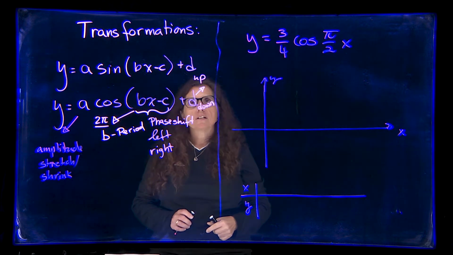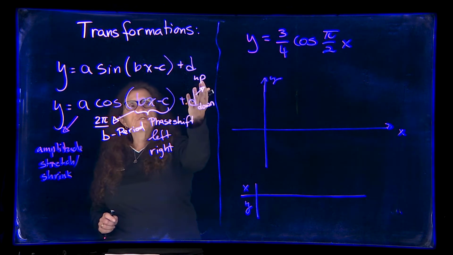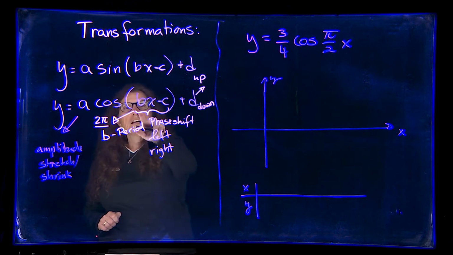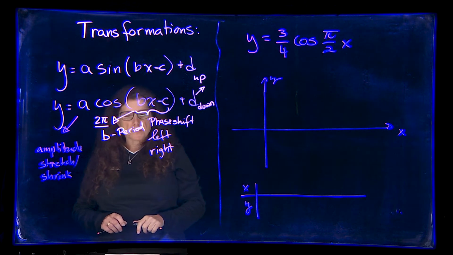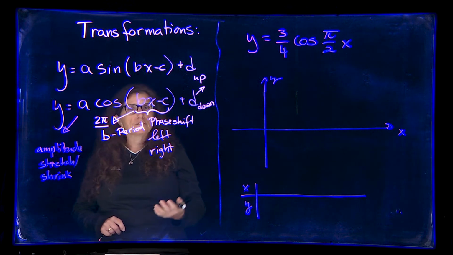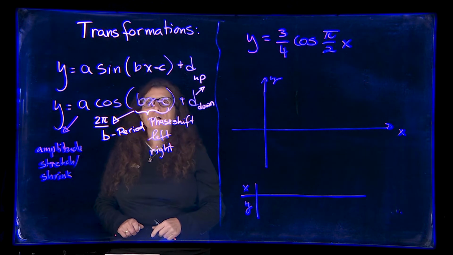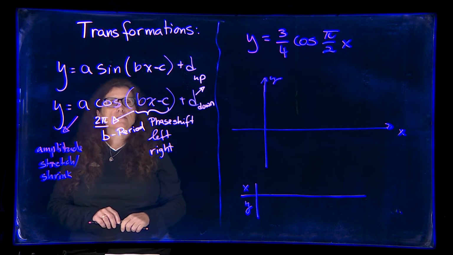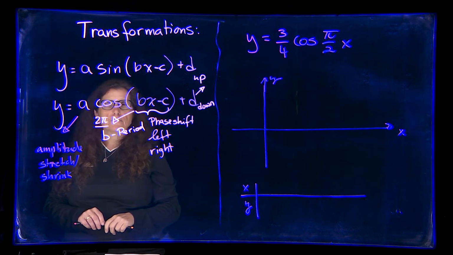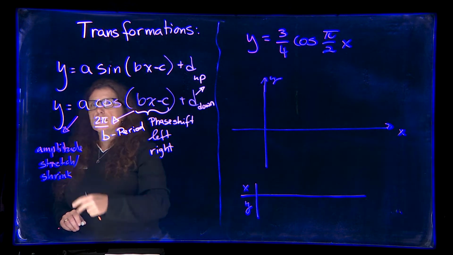So D at the end, we're going up or down. If it's positive, we're going up. If it's negative, we're going down. The parentheses Bx minus C tells us if we're going to the left or to the right, and I'm going to show you a problem later. B is our value we need to find the period if it is not 2 pi, and A is the